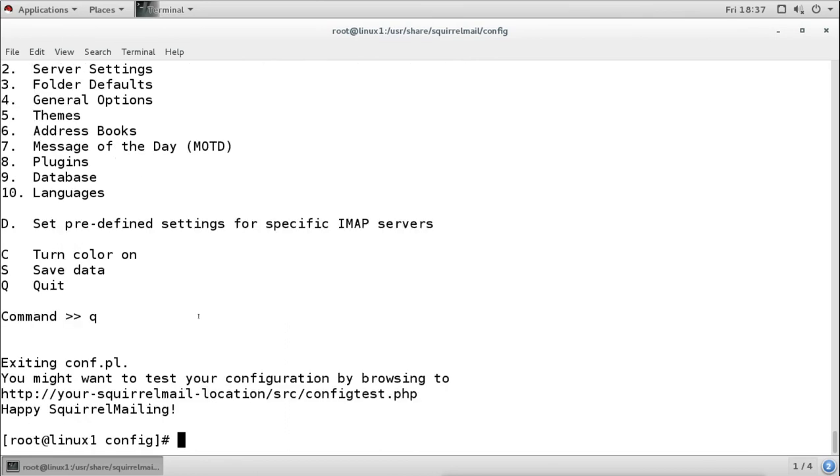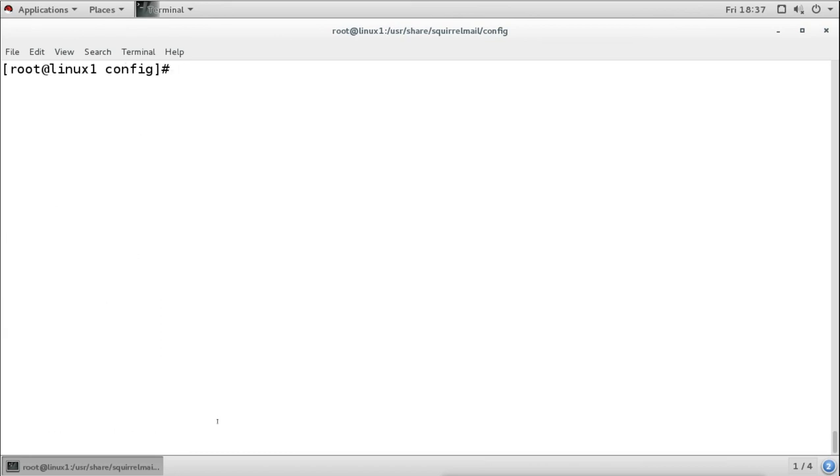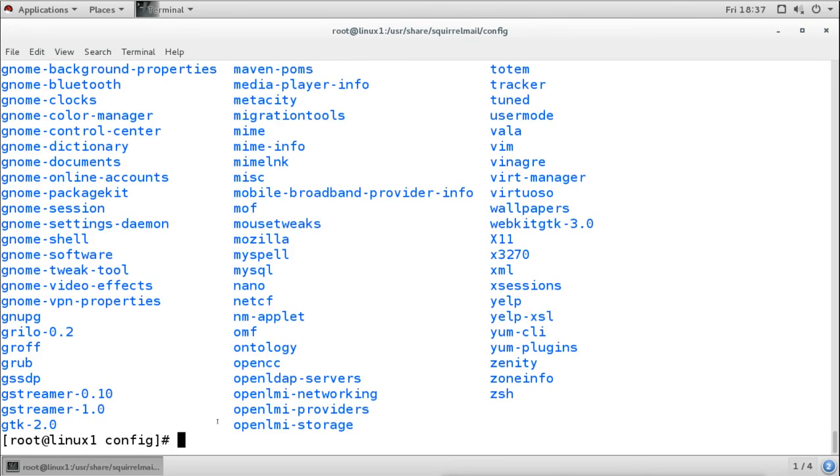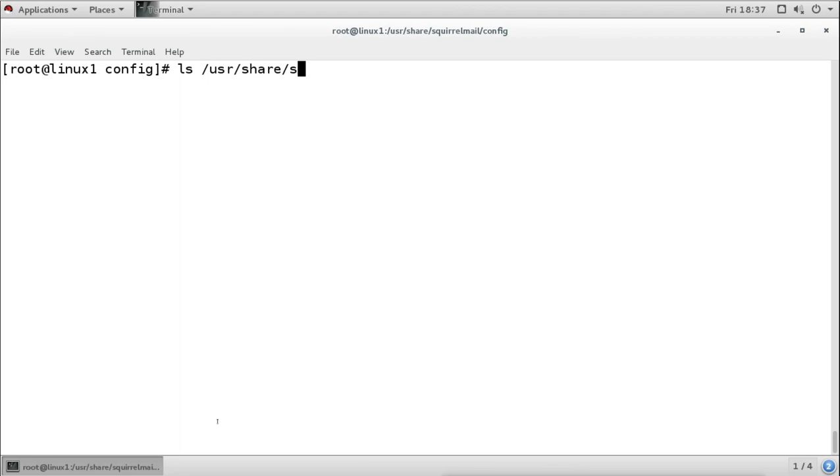Now we have to make sure that the directory is available from the web server. So for that we will create a directory alias here. Directory alias means the directory is located in another place, like under /usr/share, and this is SquirrelMail here. It is located there as squirrelmail. But what we will do, we will create a new, short alias for this.